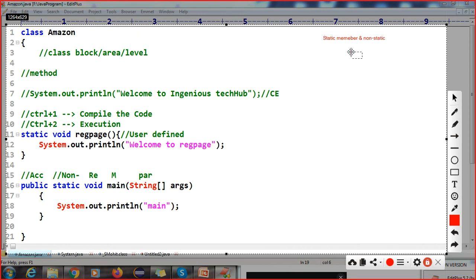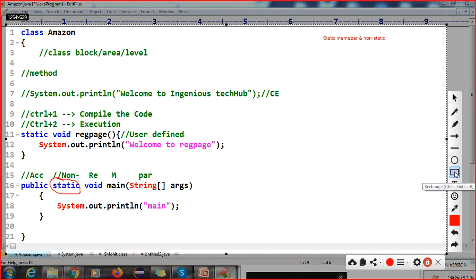The question is, you can see here the main method is also static. The question is why the main method is static. So I'll tell you: in the JVM software, if you have a static member, the JVM is already providing the memory for the static member. So that's why the main method is static.